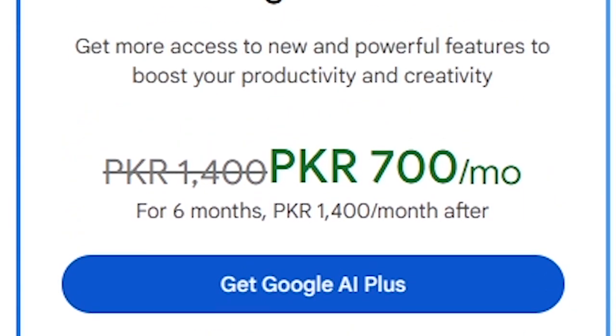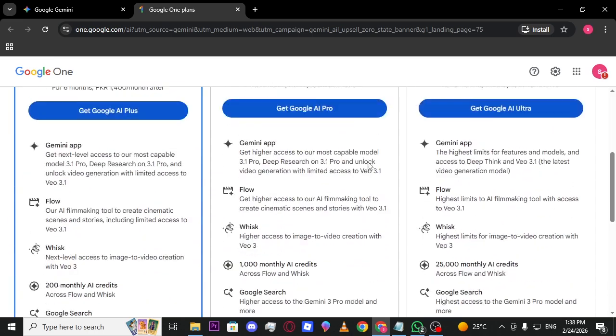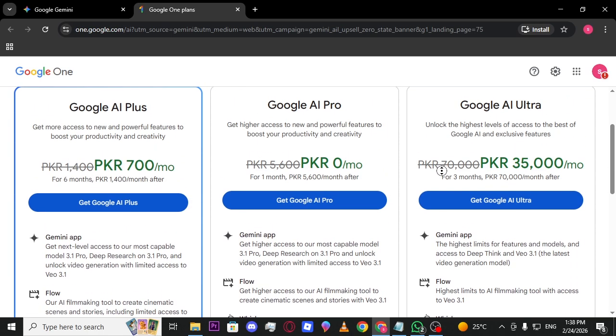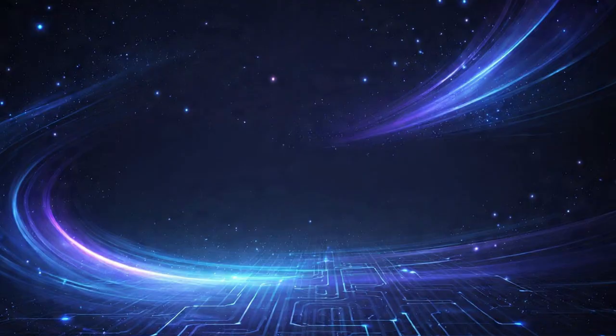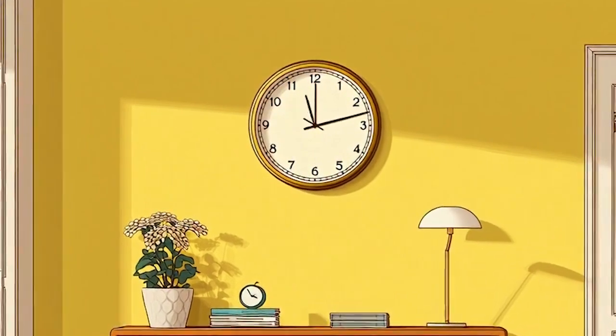There's a free tier with some limits, which is perfect for testing it out. If you want unlimited access, faster responses, or more advanced features, there's a premium subscription that's affordable for most users. Honestly, Gemini 3.1 is super powerful and can save you a ton of time while making your work way easier